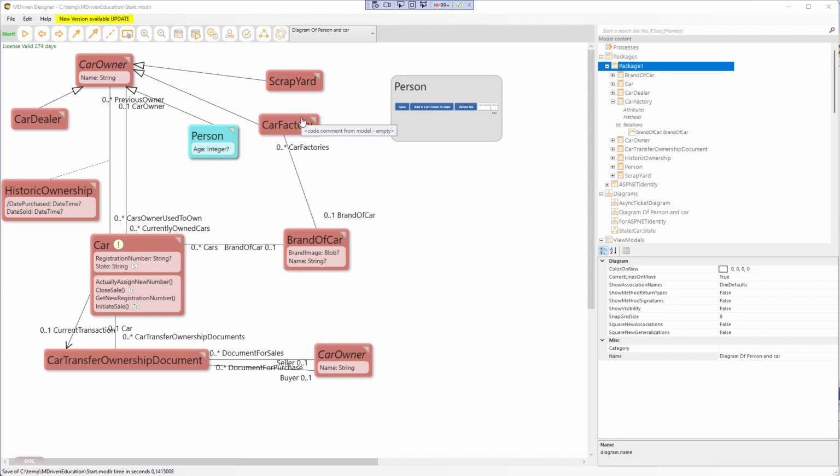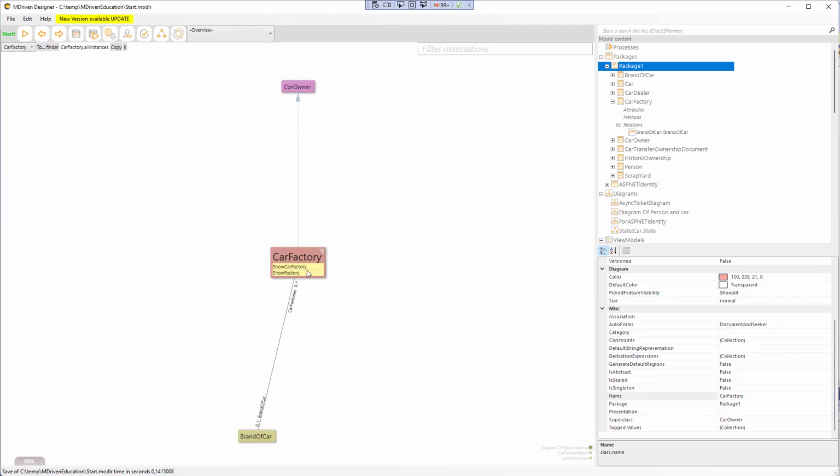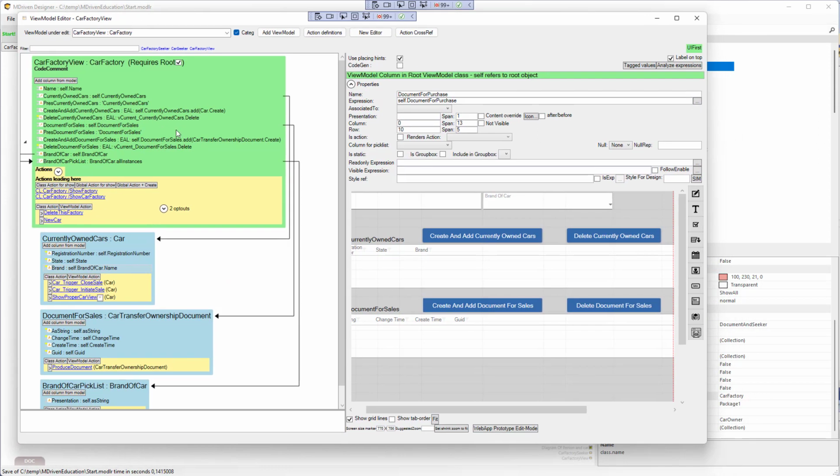Moving on. If I double click car factory, I can get the auto diagram to see what we have on this. We have the car factory seeker and we have the car factory view from the last chapter. I'm going to click that up, and so what happens when we do